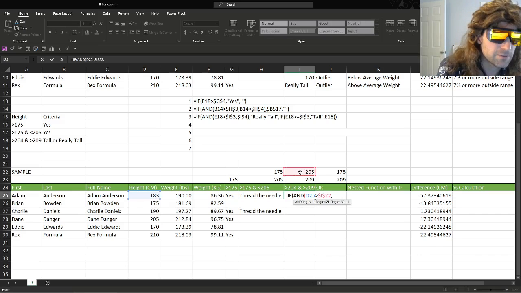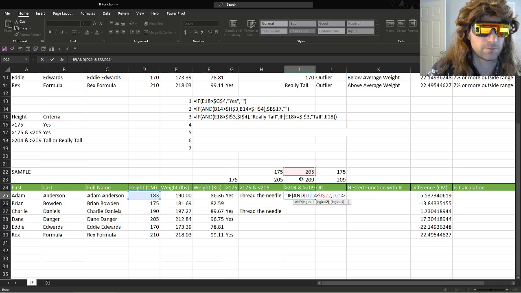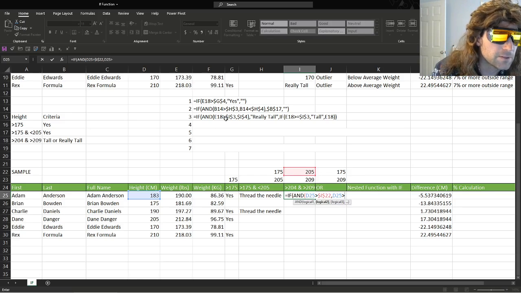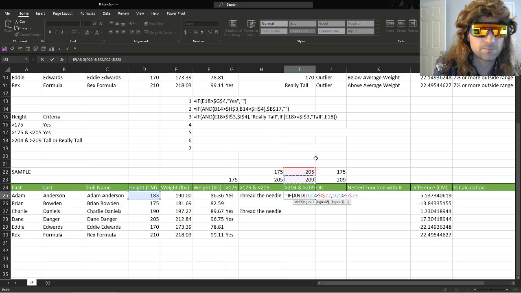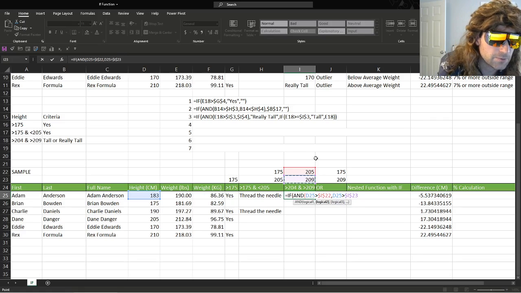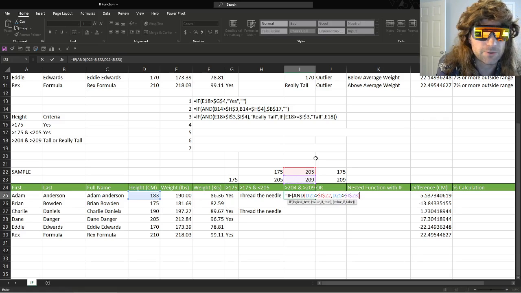And if it is greater than, click that, greater than, and yes. Then we click the high end there, F4, lock it down. Then we're going to close that. Actually, we're going to put it right there. There's our logical test. And if the value is true, so if they are taller than both 205 and 209 centimeters,